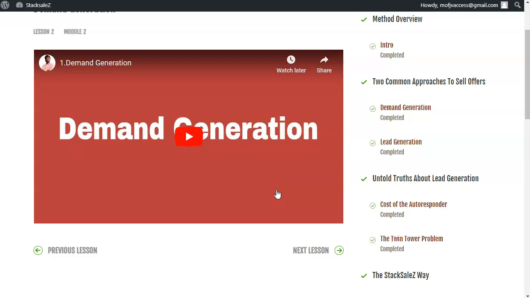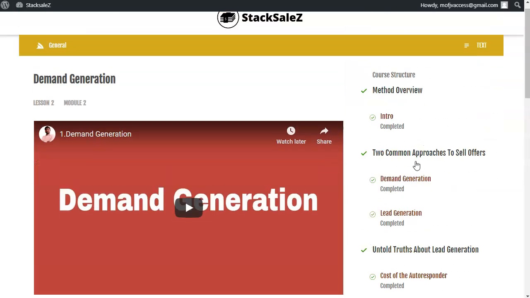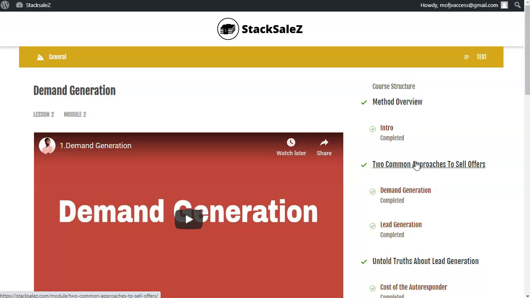In the beginning here, they're explaining why this could work, why this might be something for you to consider doing in the place of using autoresponders. Ultimately, what they get into is how to use Google Ads to take the place of an autoresponder, to even retain your customer list and everything. Instead of worrying about people opting in, as soon as they land on a page that has a Google Pixel on it, Google has them. They've already captured their information as far as opt-in and stuff like that.